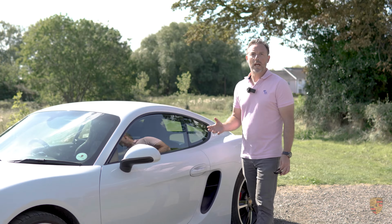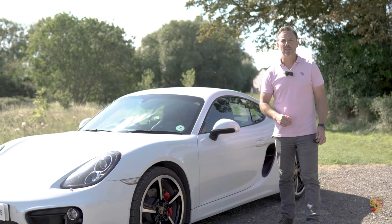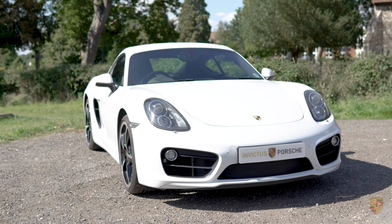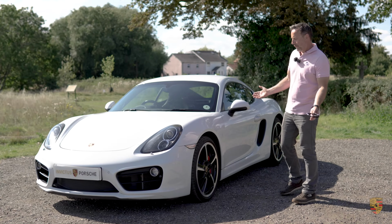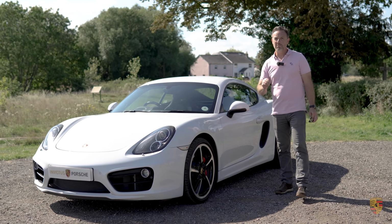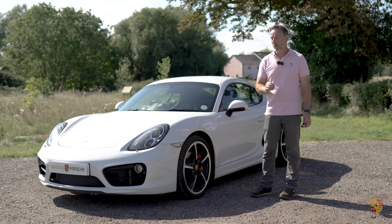What we're going to do today is hopefully just take you around this beautiful 15 plate Cayman. It's got the 3.4. There's something about a white Porsche. I'm not a huge fan of white cars, however Porsche, yeah, I can almost take any of them in white,